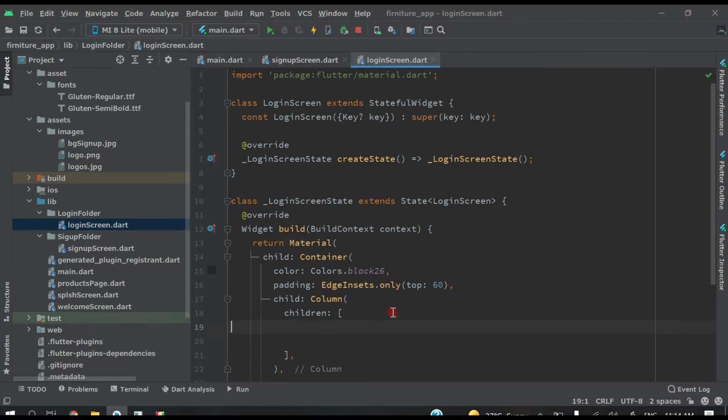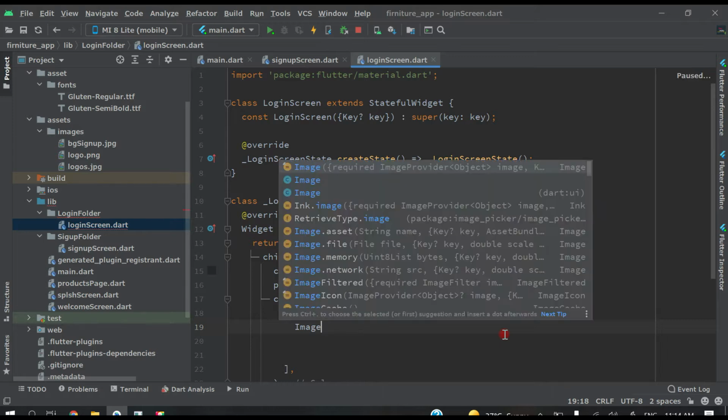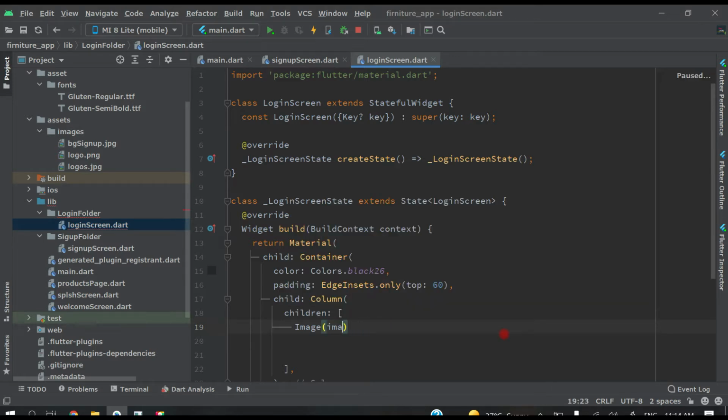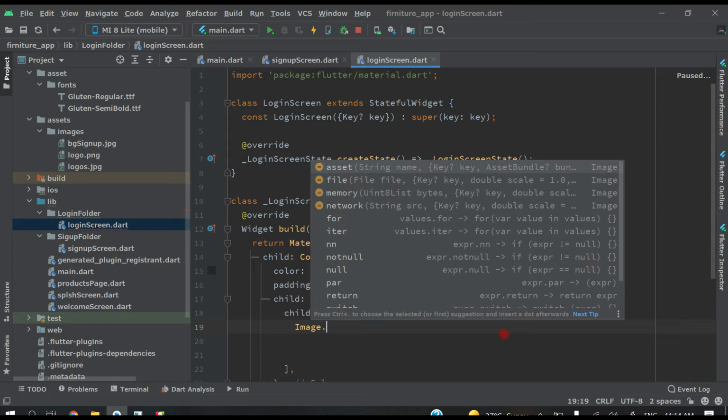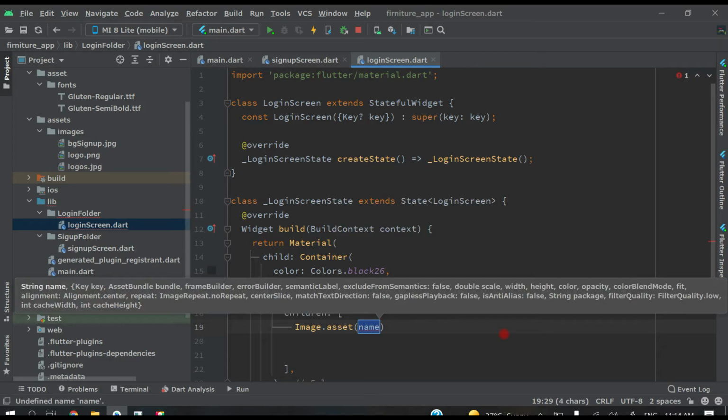Now we will add one logo here before our text fields. So let's give Image.asset, and our assets folder is assets. Inside the assets folder we have images.